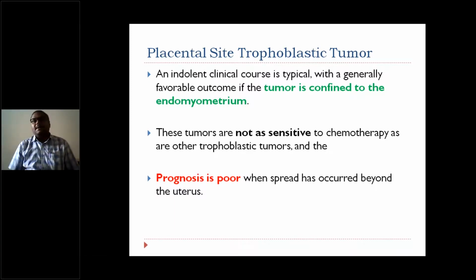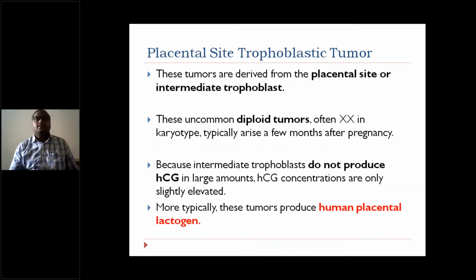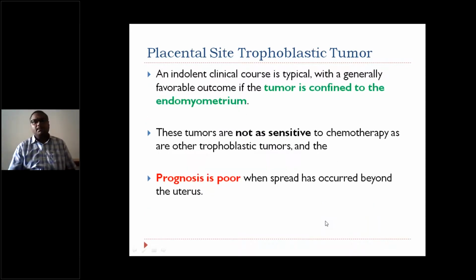So this is the pathologic situation with the placental site trophoblastic tumor. Choriocarcinoma, even though it spreads to lungs, liver, brain, etc. by the time we detect it, is chemosensitive and we can treat it with chemotherapy. Whereas the placental site trophoblastic tumor proliferates from the intermediate trophoblast and spreads slowly, but it's not as sensitive to chemotherapy as choriocarcinoma, and the prognosis is very poor. And one more important point you have to remember is that it produces human placental lactogen, HPL, rather than HCG. Okay, please do remember these points.